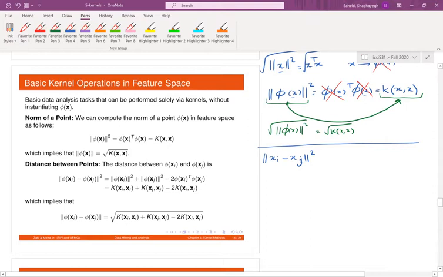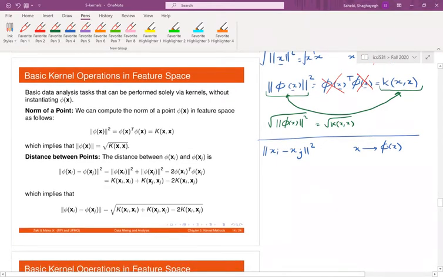So now that I transform my x to this new feature space phi of x, if I had access to phi of x, I could calculate this distance like this. It would be the norm of phi of xi minus phi of xj